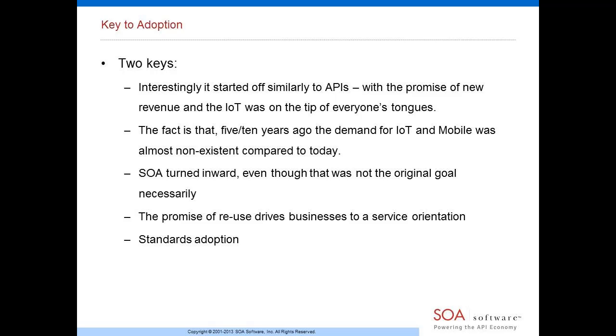So businesses started to refactor their internal IT departments as service-oriented. And the adoption of the standards by all of the vendors really accelerated SOA and made it what it was. So if you think about what the successful things about SOA were, or at least what drove it, it became this promise of reuse after the buzz died down, and it has become something that is a result of the adoption of a set of standards. So I think that sort of describes why SOA is still today